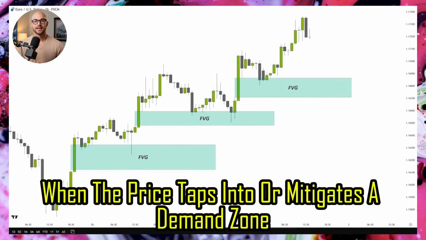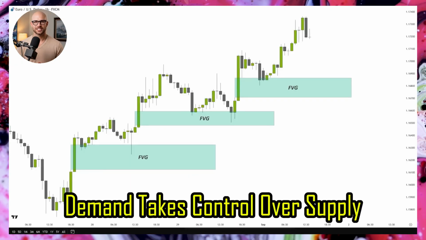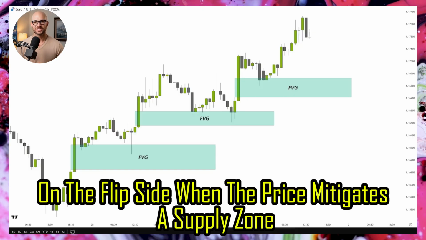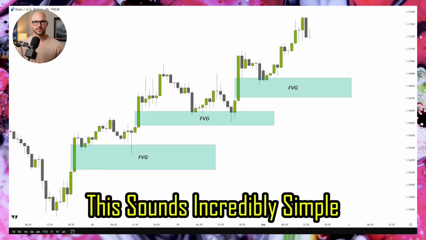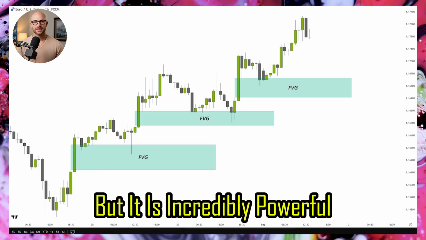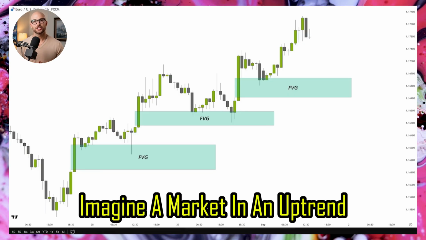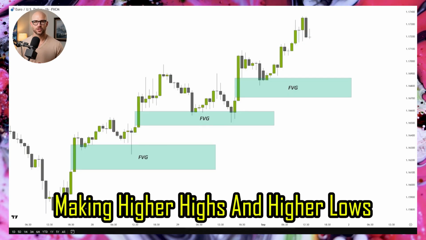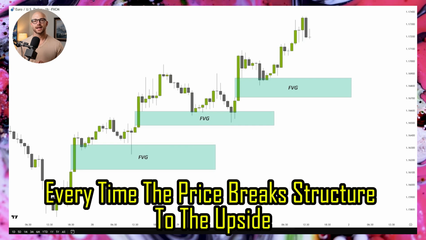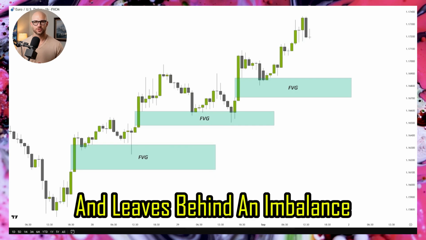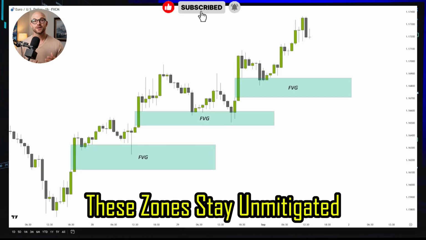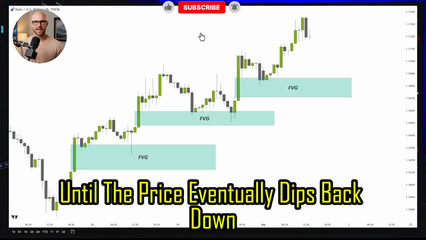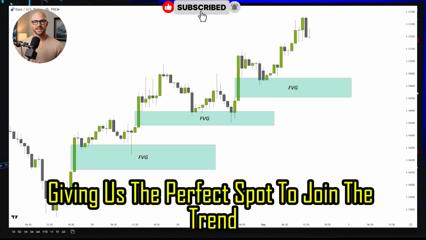When the price taps into or mitigates a demand zone, demand takes control over supply. On the flip side, when the price mitigates a supply zone, supply takes control over demand. This sounds incredibly simple, but it is incredibly powerful. Imagine a market in an uptrend, making higher highs and higher lows. Every time the price breaks structure to the upside and leaves behind an imbalance, a new, strong demand zone is created. These zones stay unmitigated until the price eventually dips back down to touch them, giving us the perfect spot